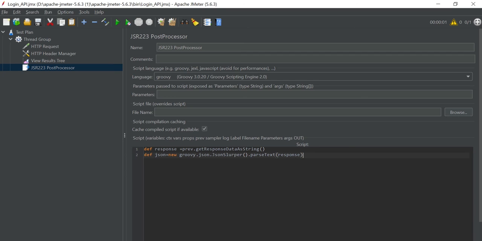Now extract the access token from the JSON and store it into a JMeter variable named